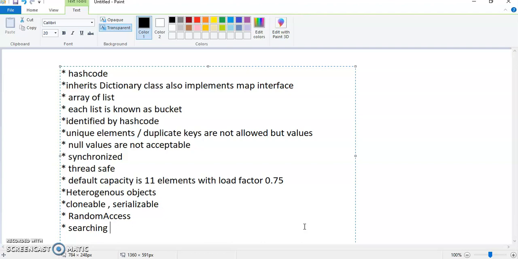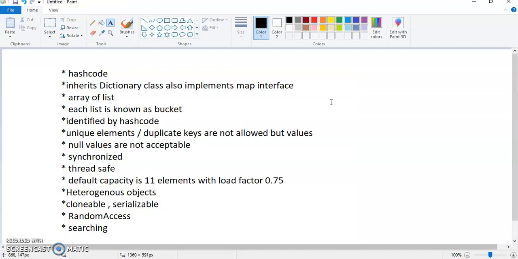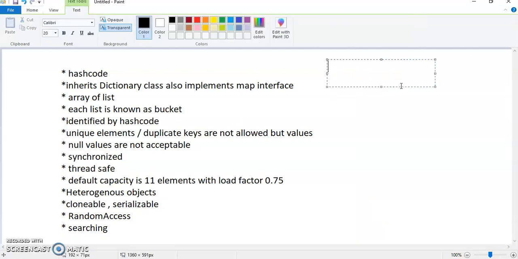Now we will see the practical implementation, how it is going to be executed. Before that, we will see what the various constructors are that are used to declare this Hashtable. There are 4 types of constructors.